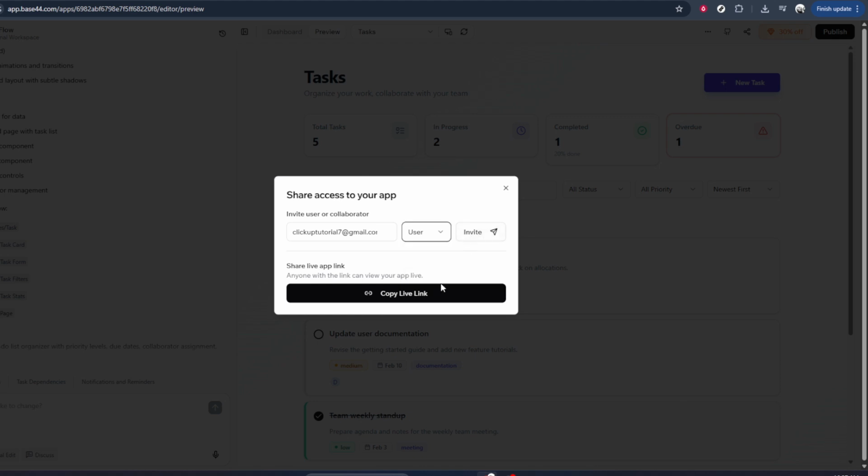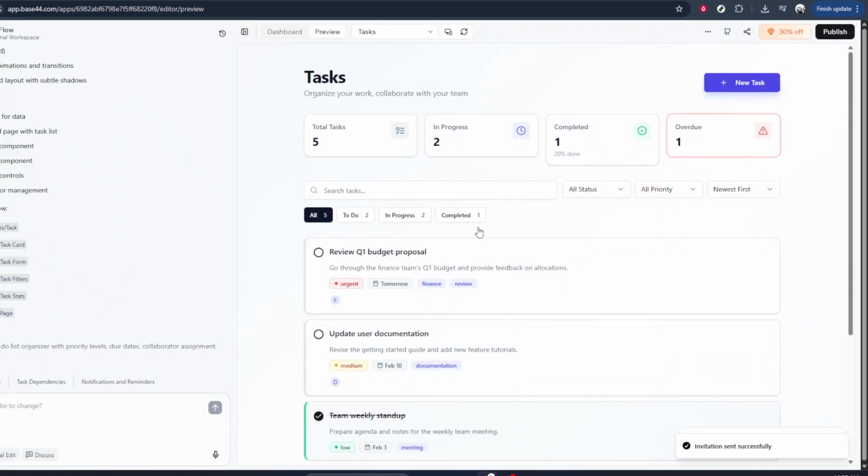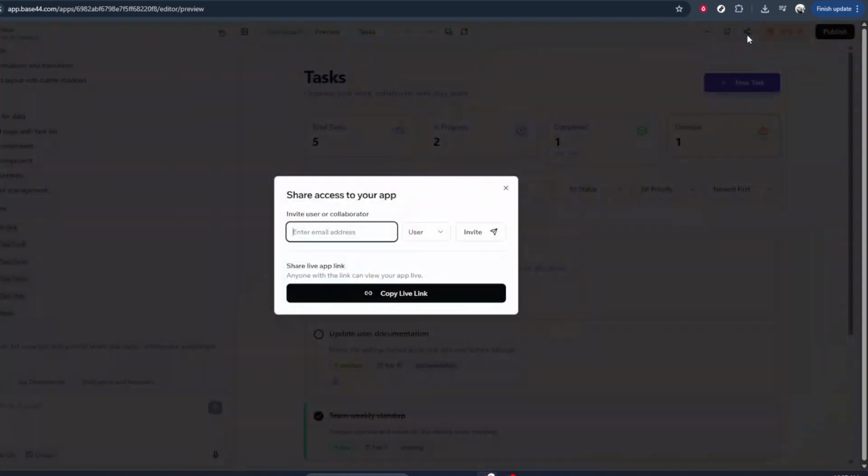If you prefer not to enter emails directly, or if you want to share the project in another tool like a chat app or project management system, you can also copy a shareable link. In the same sharing panel, look for an option to copy the link. Click that and the link will be copied to your clipboard. From there, you can paste it into an email, a